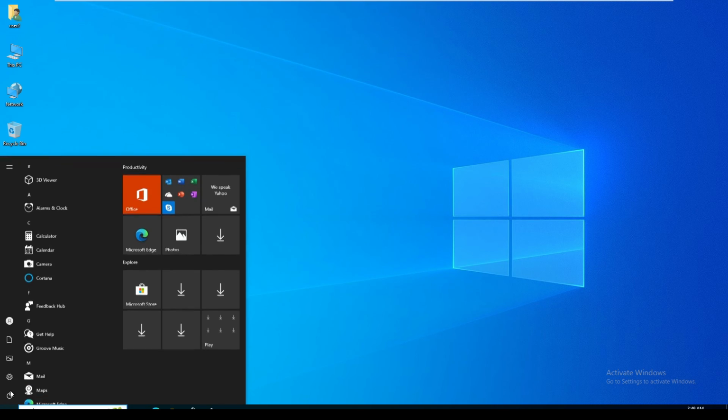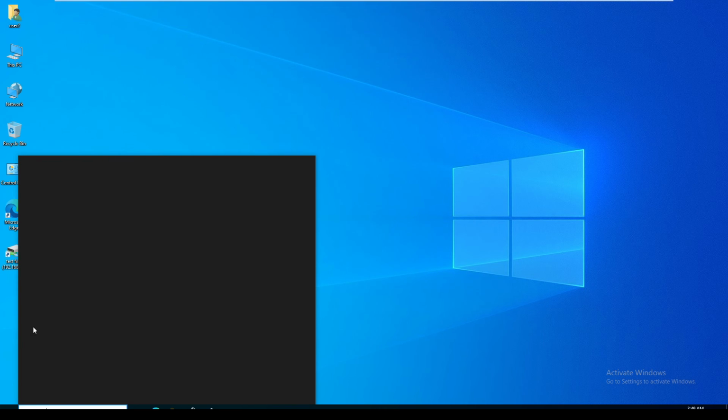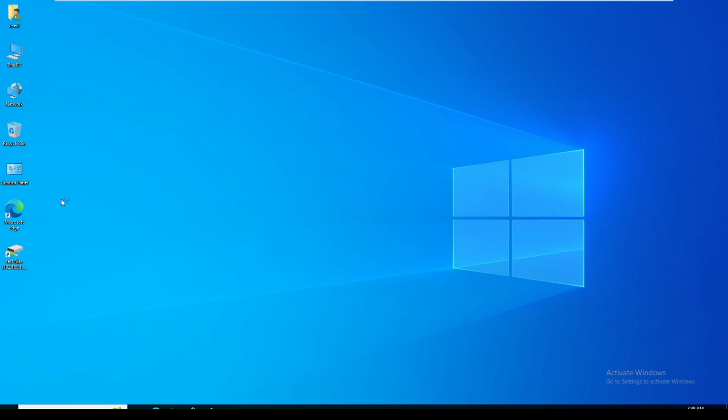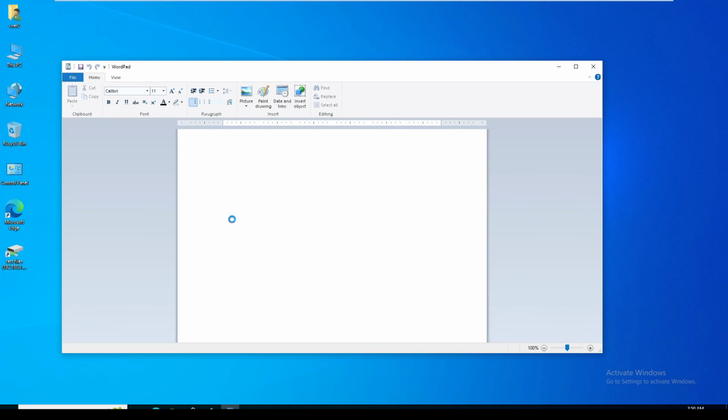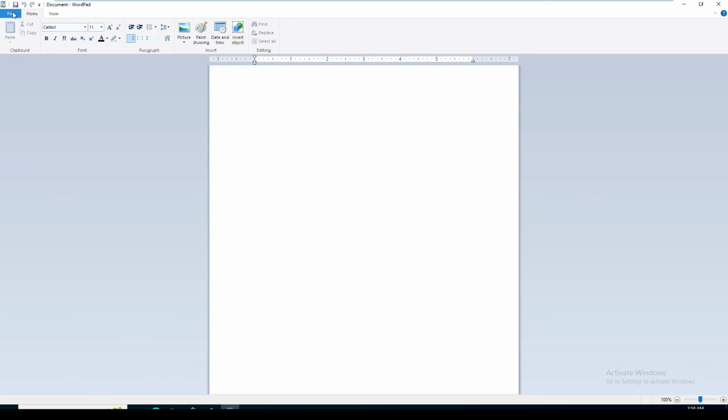Click start menu and type WordPad, because I don't have Microsoft Office on this PC, so instead I'm going to print in WordPad. I'm going to type here: test print, go to the file